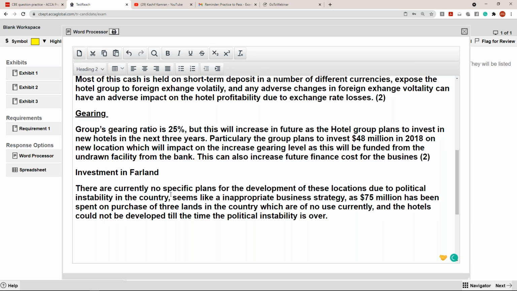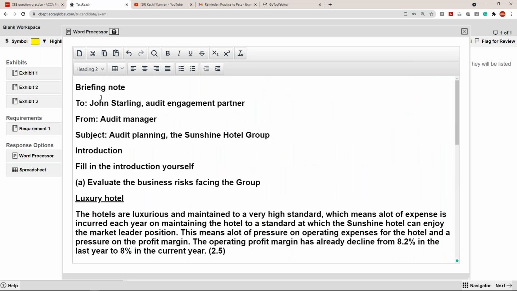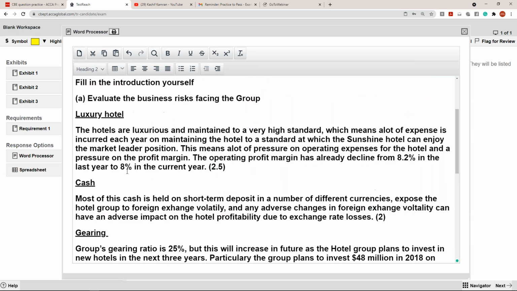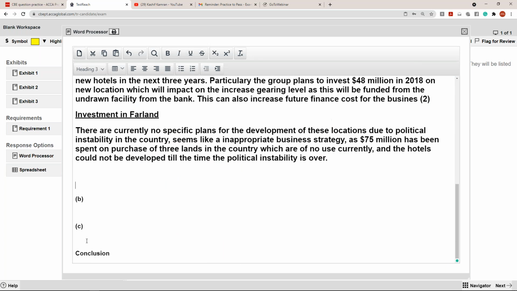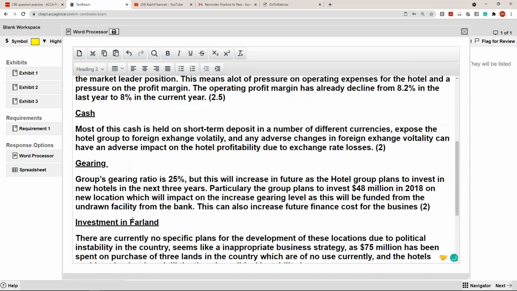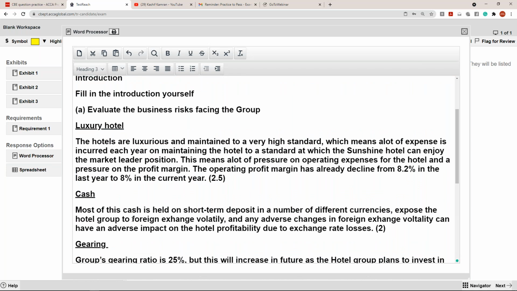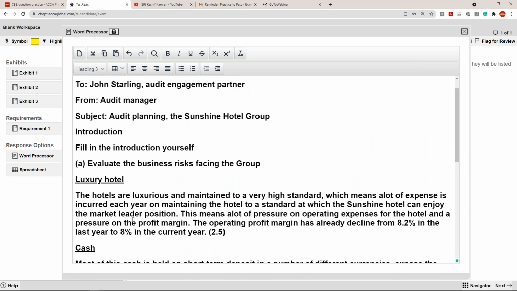Right? So I hope you found a track and you can continue on this track back at home. I've already given you 4 paragraphs and a structure of how you write a briefing note. Then you write the B answer, then the C answer, and you go down writing a conclusion. So are you familiar with the blank workspace? How can you use the blank workspace for improving your typing speed? Any question you are practicing at home which is not on the practice platform, or which is from the revision kit, you can make use of the blank workspace to write in the answer. Is that clear to everyone?